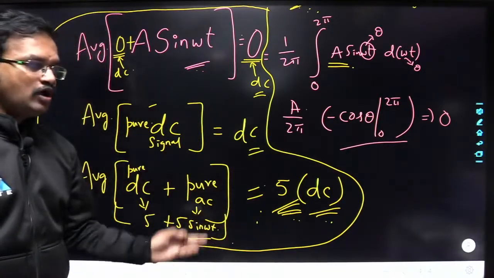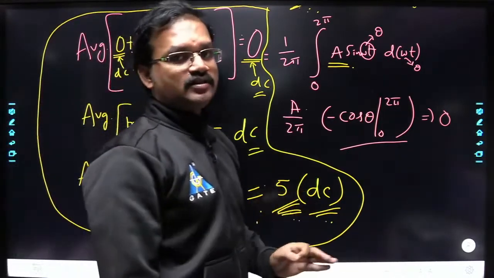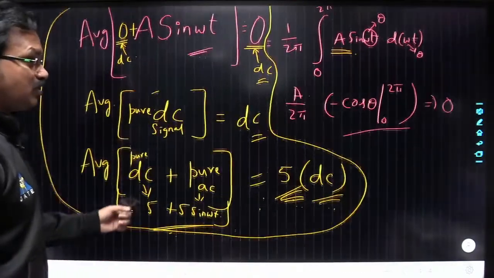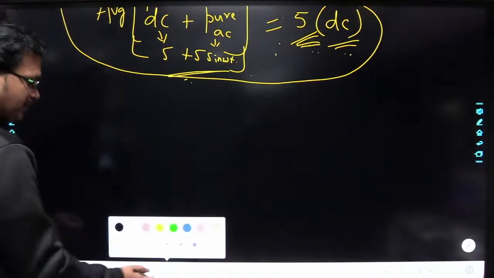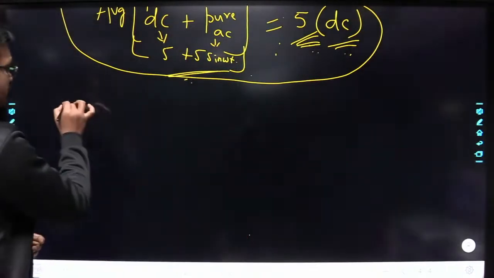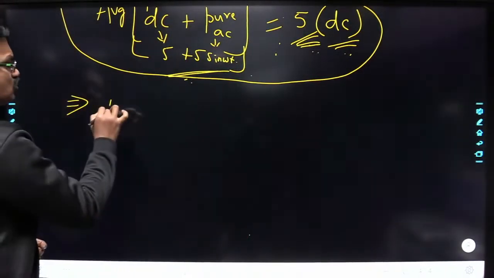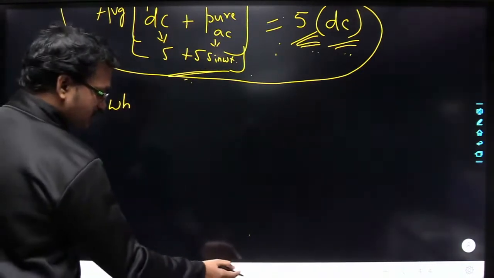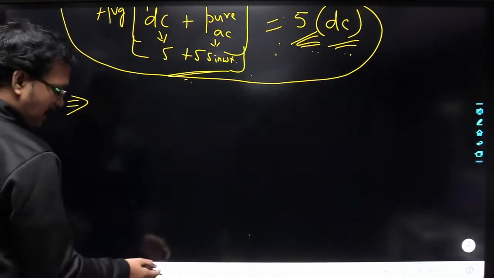It is going to give you the DC component that is present in that signal. So this is very, very important here. So whenever you are calculating, write down that point here, the average value